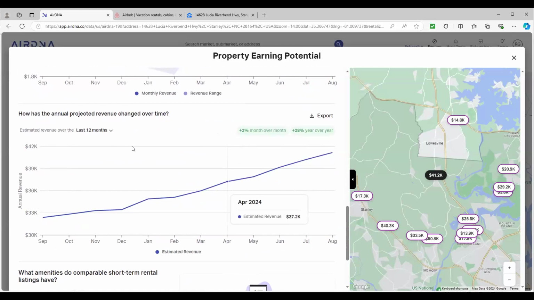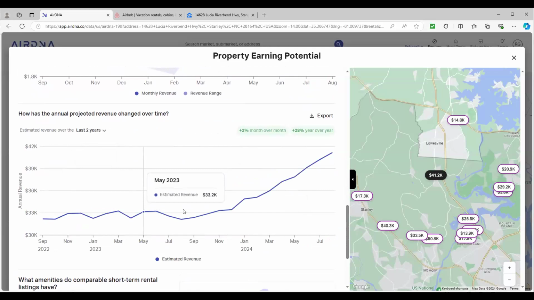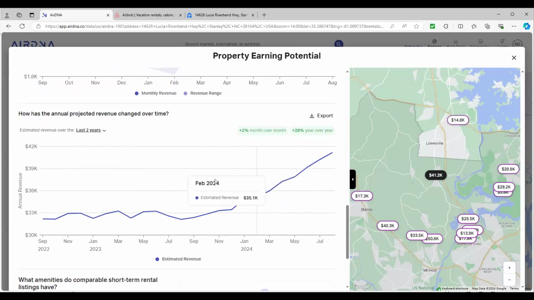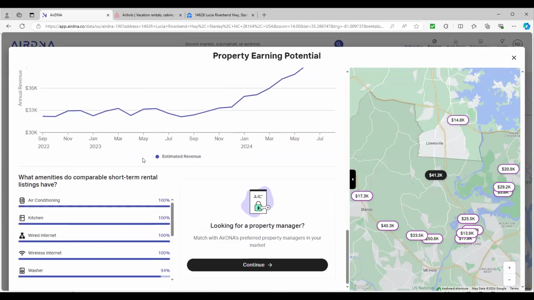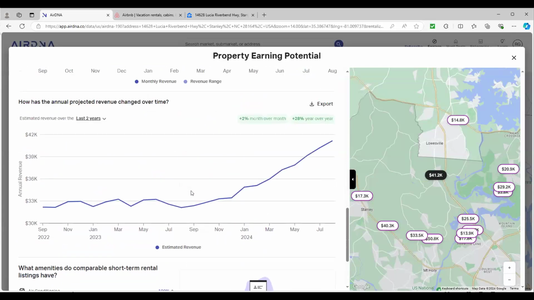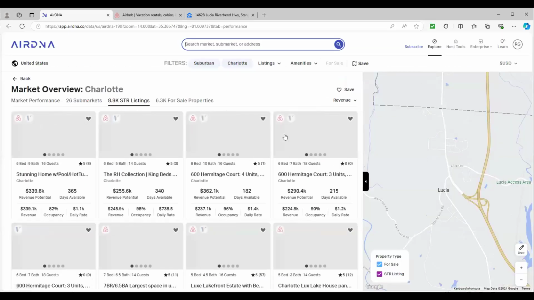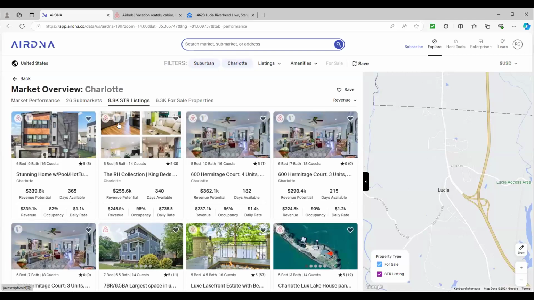Now, remember, all of this information that we're being presented with here is based on all of these different properties that are all over the place in terms of numbers, right? So it's just showing us an average. Doesn't help much in making a financial decision, but it gives you a good starting point. Now, what you want to do is start drilling down and looking at the comps. Now, when you do that,